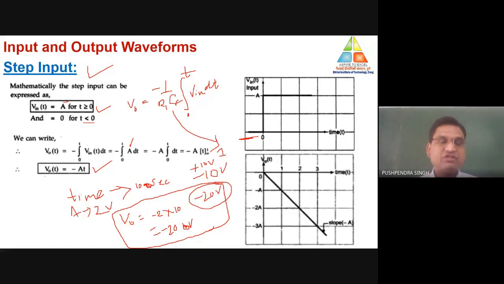But suppose the signal is a square wave. In case of the square wave, whenever there is a change of the waveform, after plus 10 volt it will automatically switch back in the other direction. So one time the signal goes up to minus 10, after that it will move in the upward direction, then downward direction, then upward direction. So the total change would be 20 volt. So peak to peak is that much. I think that would be clear to all of you. So this is the basic procedure for the calculation of the output in case of the integrator. Just simply substitute the values and calculate the value of output.